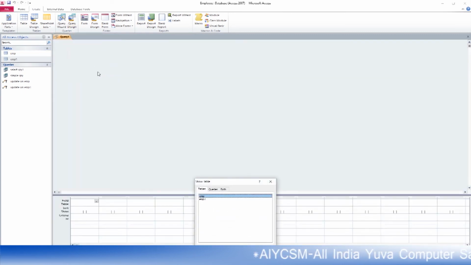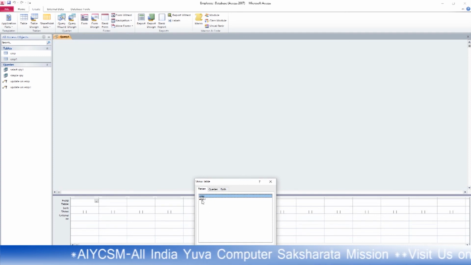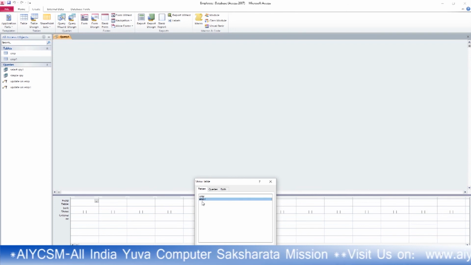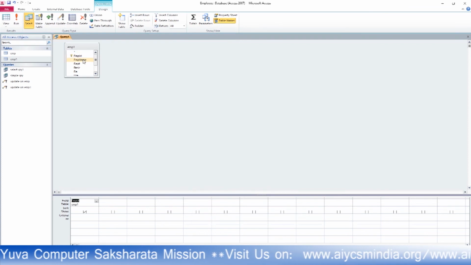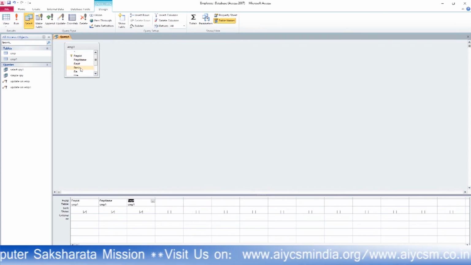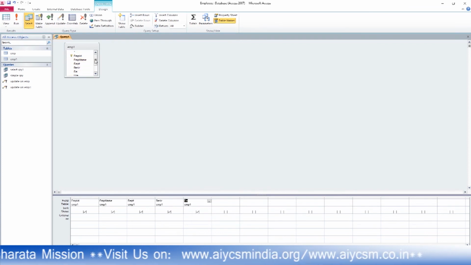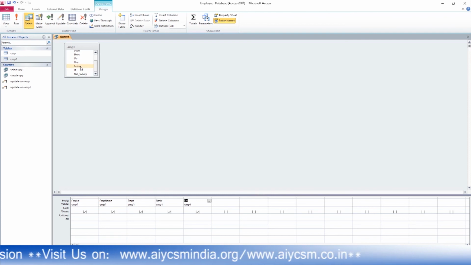Query design, add the table that you want to append. I just add EMP1, close it, then just insert all the fields. Append means all the fields will be appended to another table.